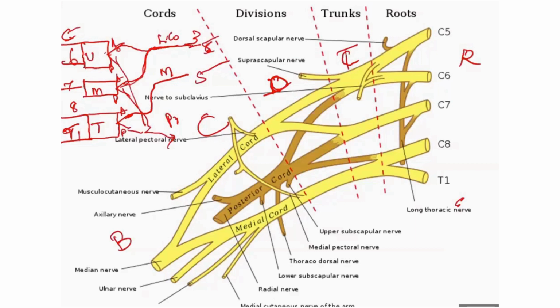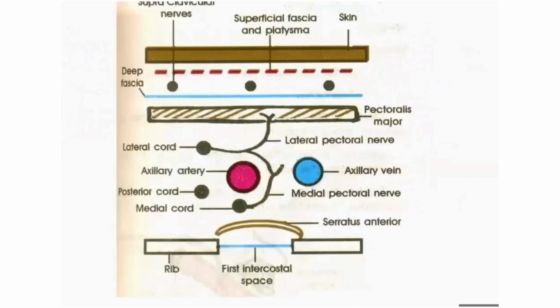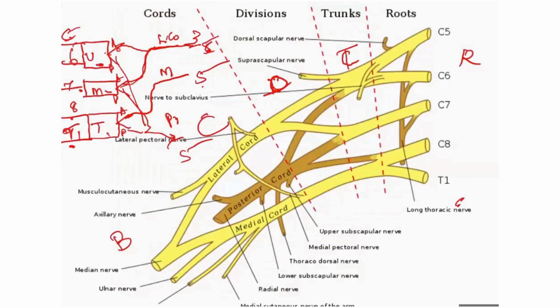C5, C6 unite to form upper trunk, C7 forms middle trunk, C8, T1 form lower trunk. Each trunk divides into anterior division and posterior division. Anterior of upper and middle form lateral cord. Anterior of lower forms medial cord, and all posterior form posterior cord. Now lateral cord gives off 3 branches. Medial cord gives off 5 branches. Posterior cord gives off 5 branches. Remember, for posterior cord: upper subscapular nerve, axillary nerve, nerve to latissimus dorsi,